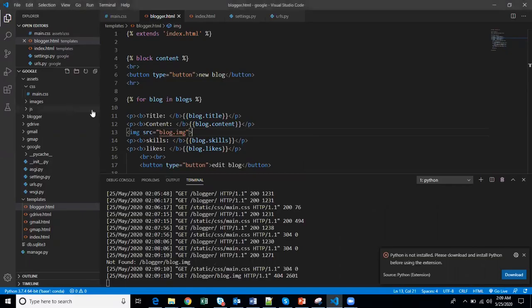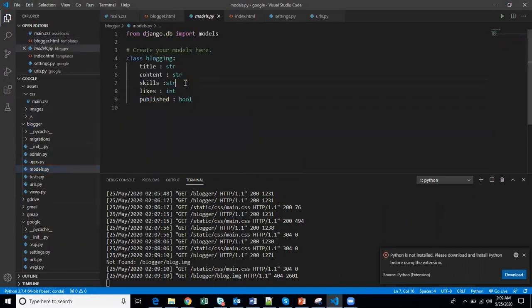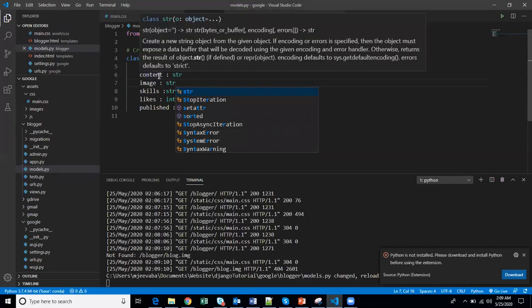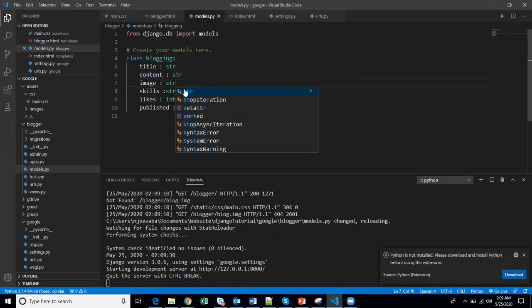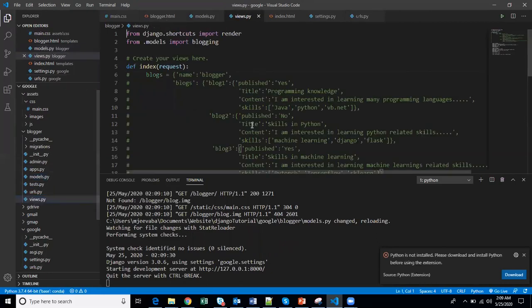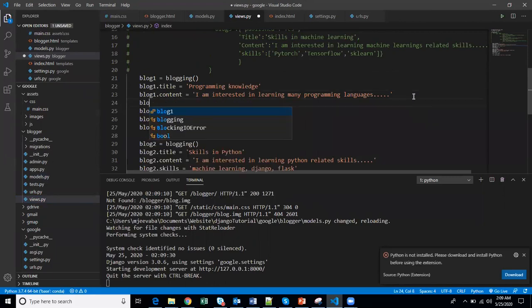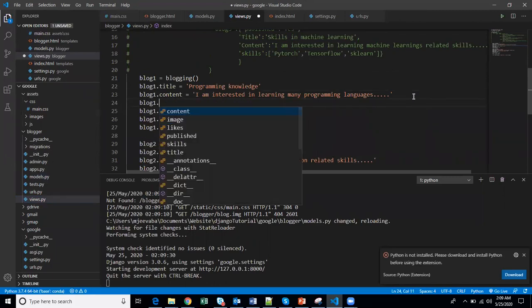See, that's an error, because it won't be like that; we have to add that in blog. I mean the model. We don't have the model here. Image. We'll maintain this as a string, because we are taking a string value, the path value, right? So we'll maintain this as a string, and go to views. We'll add it anywhere, blog.1. Just add the object, okay?